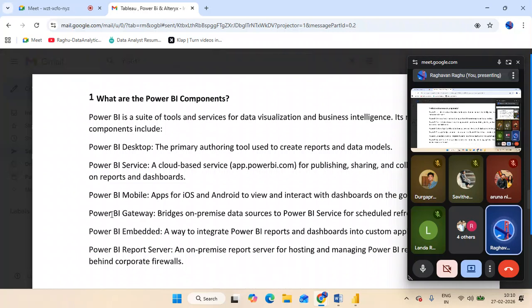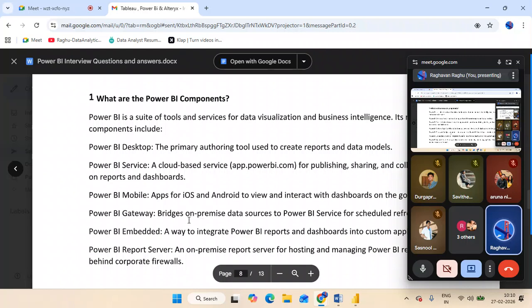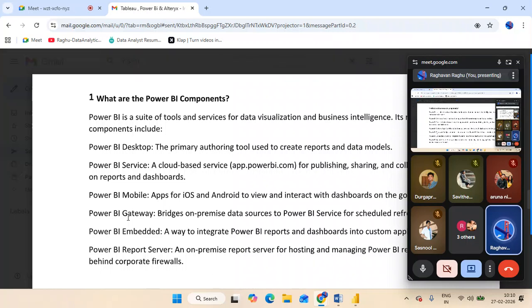If we want to connect with external on-premises data sources, to create a connection between the on-premises and the cloud, then we can use the gateway. It's a bridge kind of thing. It connects the data source and our Power BI report, which we published into Power BI Service. So that is the use of the Power BI Gateway. We'll see how to create the gateway. There is a process, we have to create it step by step.